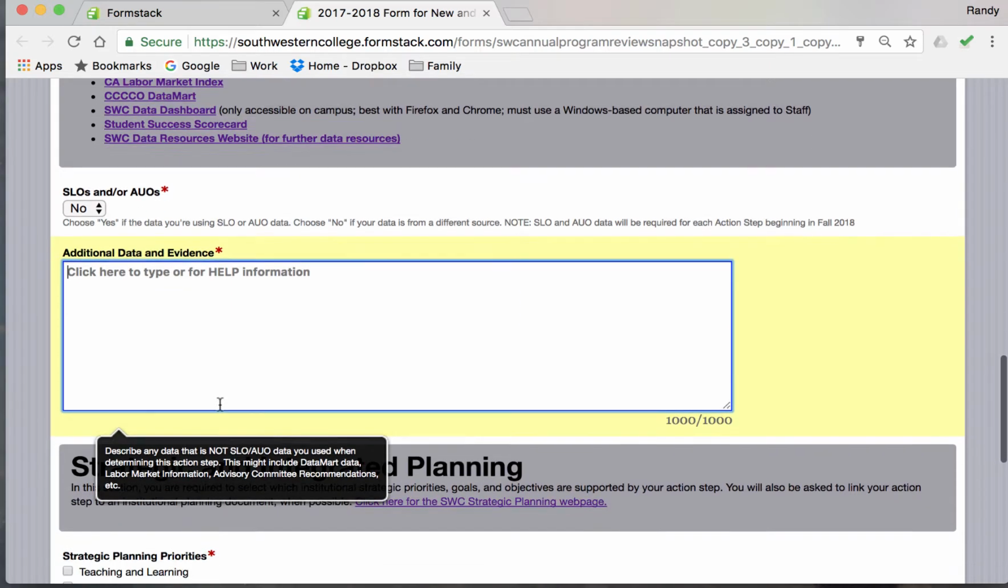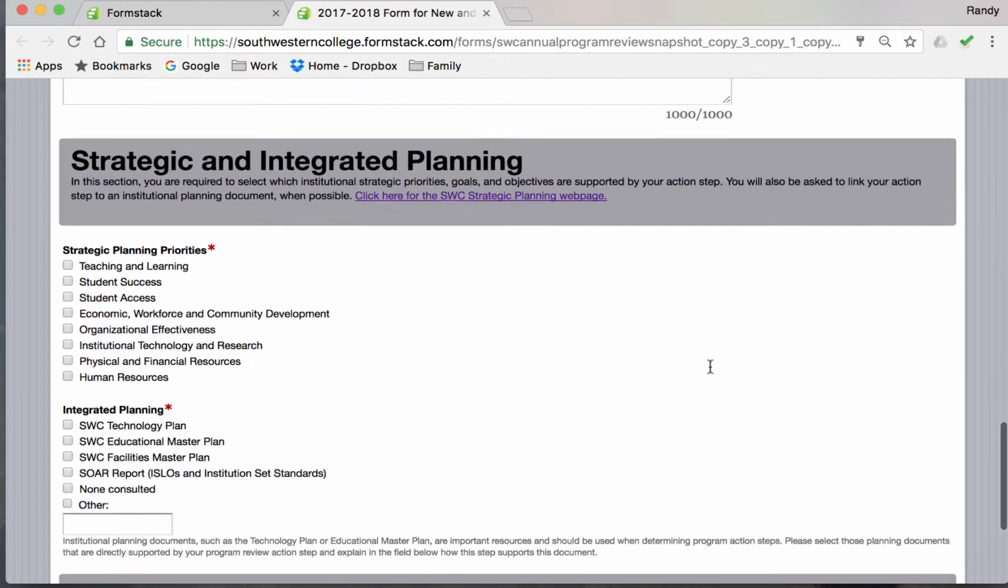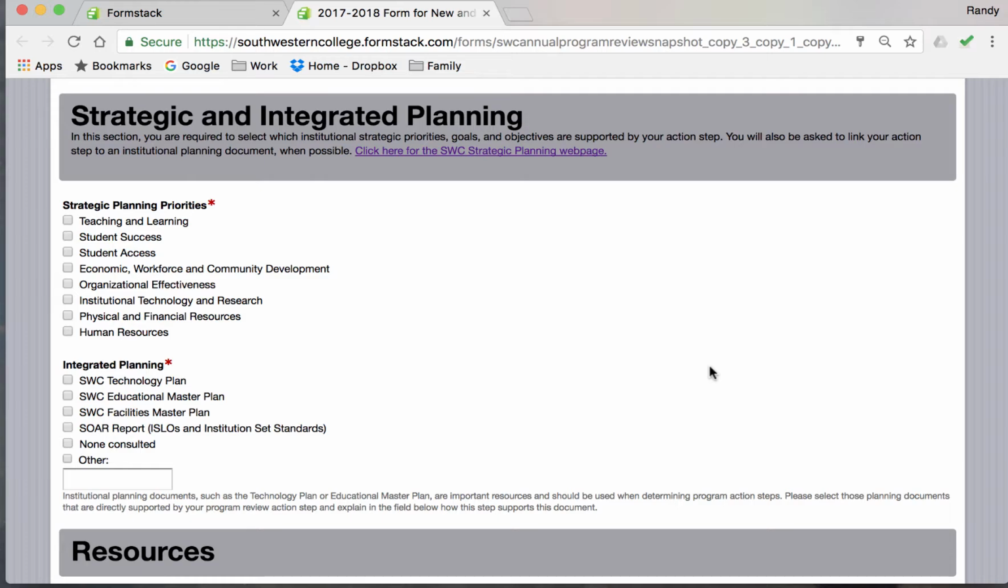Moving on to the strategic planning section. In this section, like the one above, this section uses conditional logic, so every choice you make will open up a series of other choices. It's required that you connect your action step to one of our strategic planning priorities, objectives, and goals. And by choosing one of the strategic planning priorities or more,